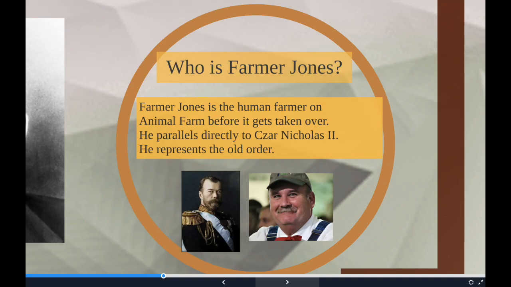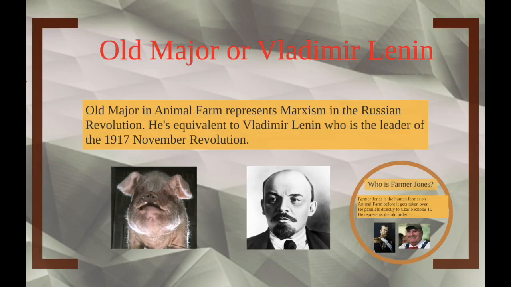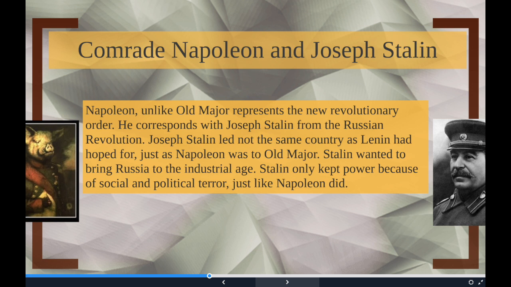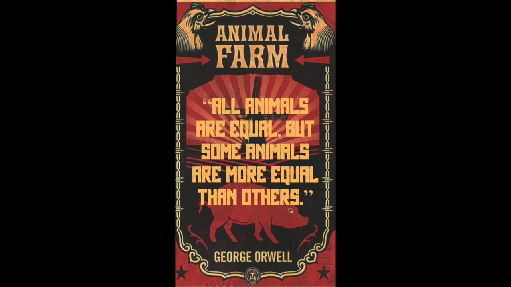So Animal Farm, I'm just going to introduce the characters. Farmer Jones in Animal Farm obviously represents the old Tsarist political system. Comrade Napoleon represents Joseph Stalin, and Vladimir Lenin is represented by Old Major. So Joseph Stalin kind of corrupts the Russian Revolution in Orwell's retelling of events. I think that's a little bit unsophisticated, but I like its ability to kind of get across the main points of the Russian Revolution. Animal Farm begins after the revolution is initially successful at ousting Farmer Jones.